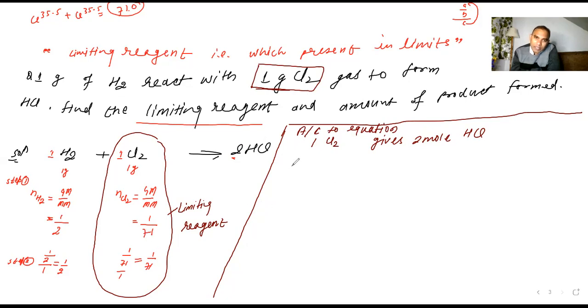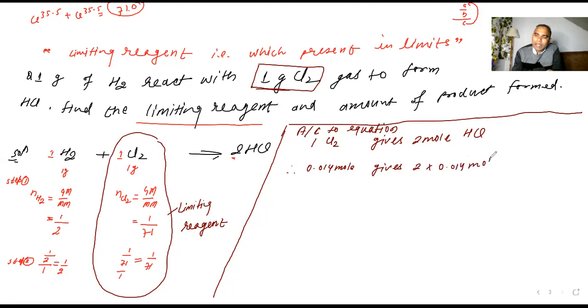So you can divide, better you divide because you can easily get confused. 1 upon 71, if I divide, I am getting 0.014. Therefore 1 gram means 0.014 mole. It gives 2 into